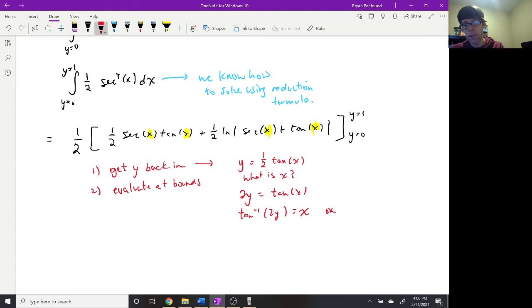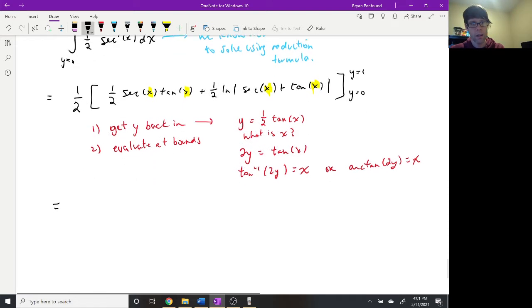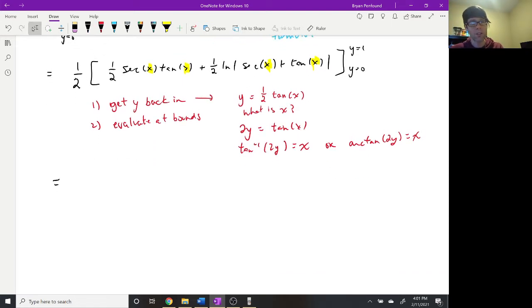Or equivalently, if you like the arctan notation, that's usually my preference, we have the following. These two things are the same thing, right? Tan inverse and arctan. So that gives us a way to move forward for step number 1 and return y back into the expression we have. I'm going to multiply this 1/2 through the brackets as well. So we should get 1/4